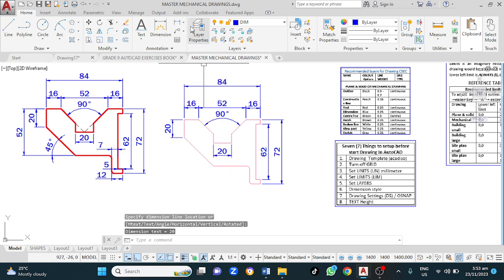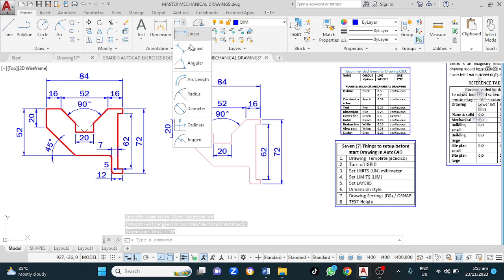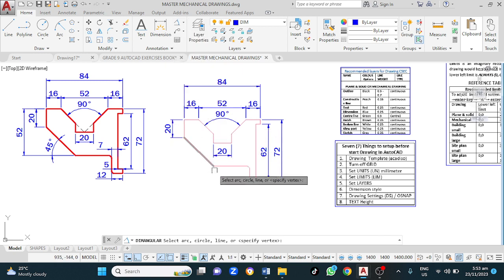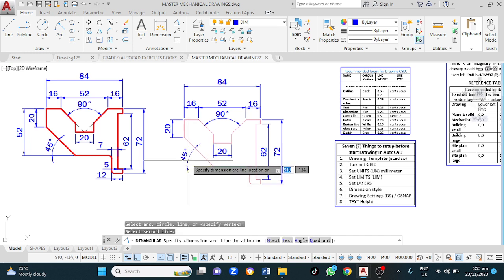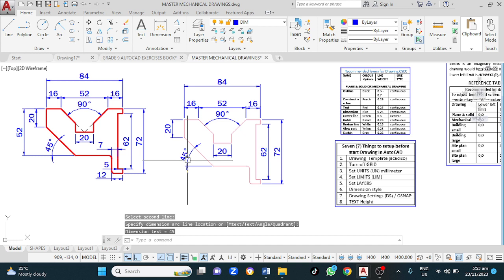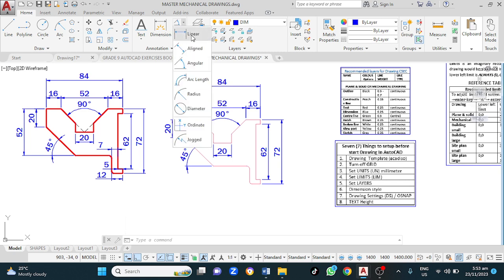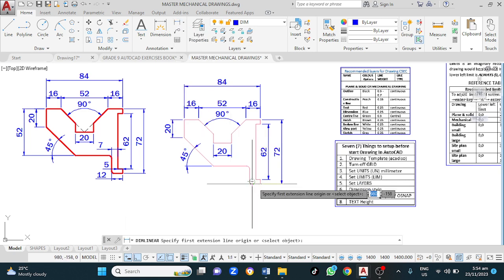Go up to angle, left click here, go across to angle, left click here, left click there, and we have that. Up to here, linear, click that, touch this end,